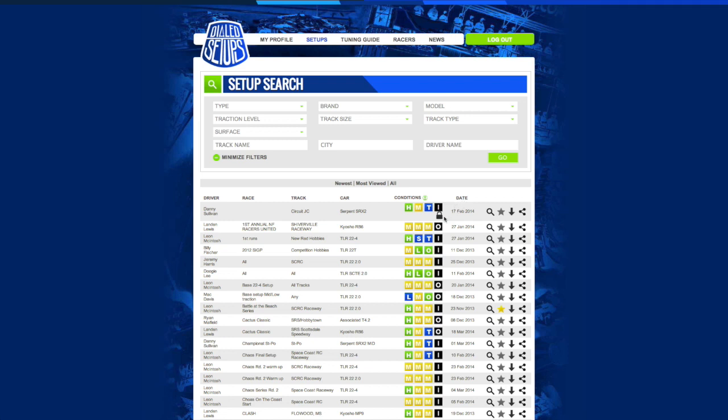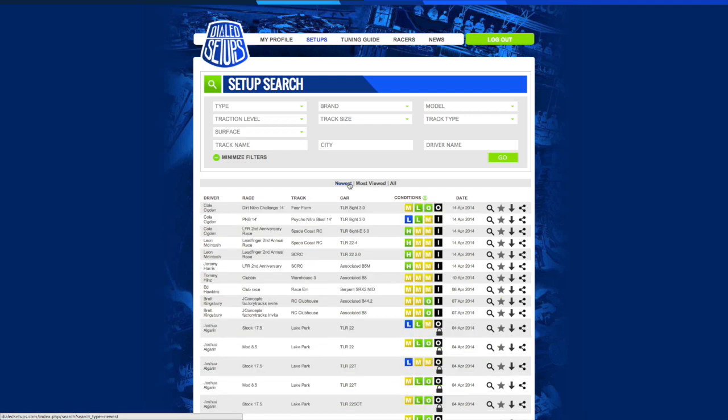But let's talk about what you see here down below as well. I'm just going to click newest. And so what you can see is in the listings down here, you can see the driver, and you can click on this driver as well. So if I know Cole has a lot of setups in here and I know his are pretty good, I can actually click on Cole's name and it will take me to his profile,